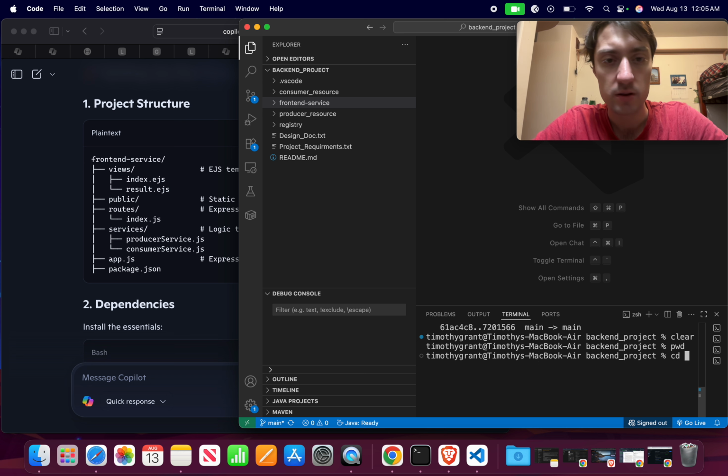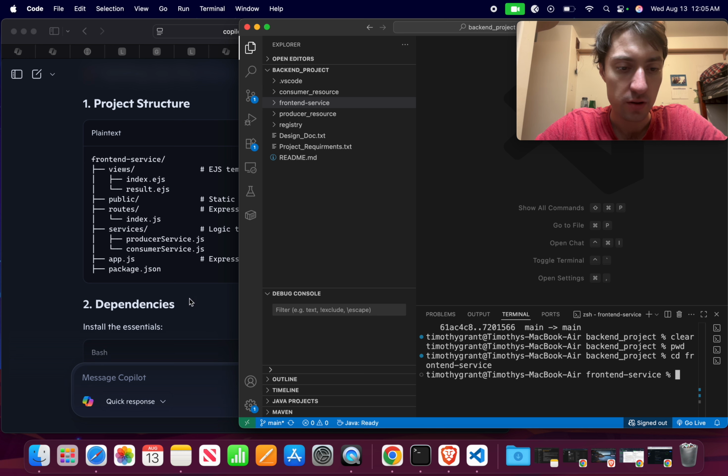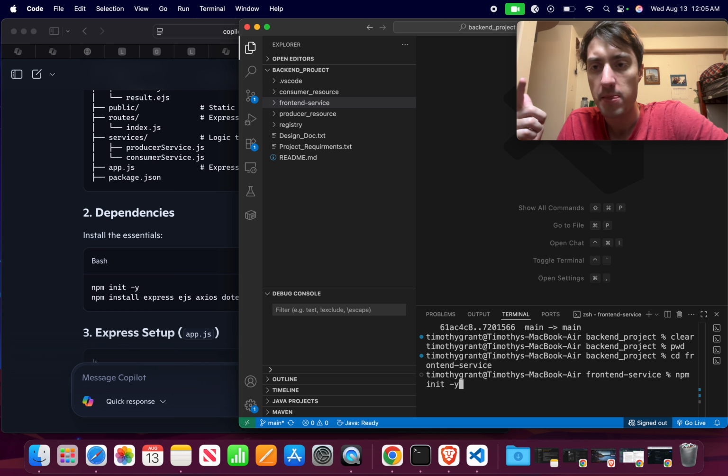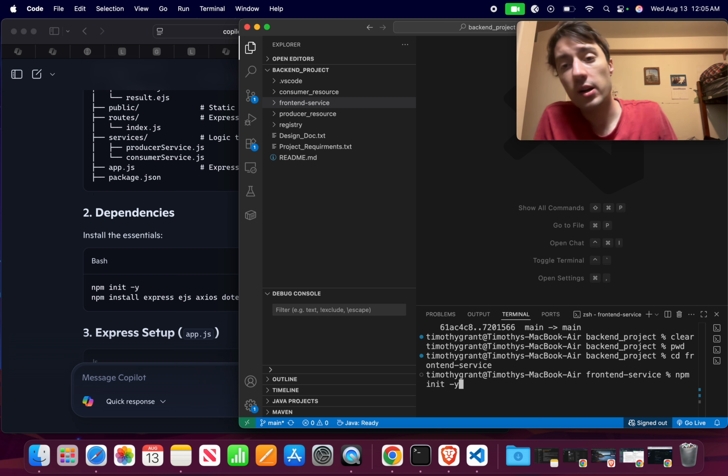Okay, so now what I want to do is the npm init. So npm, node package manager init, and then yes to all of the options. Okay, and what we want to figure out right now is we're going to run this,